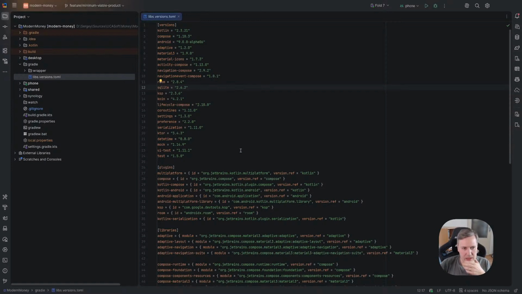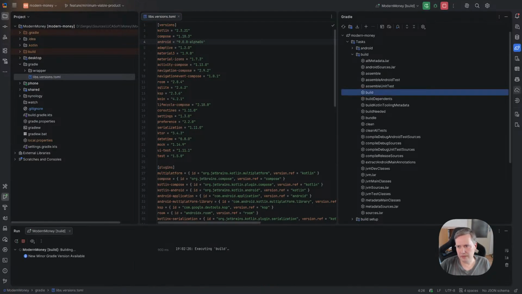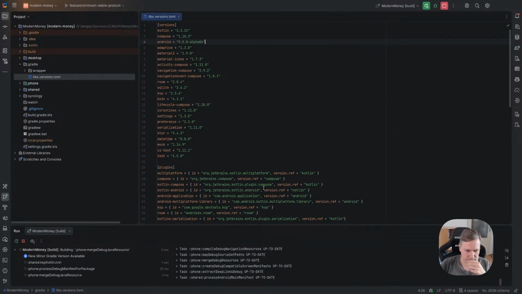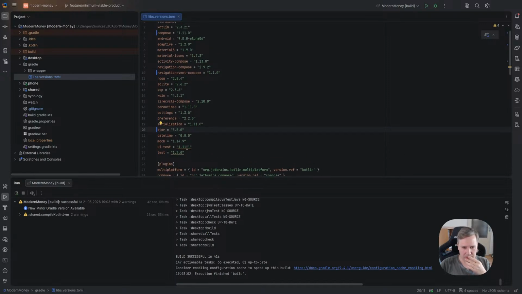Okay, so let's start first of all with updating. I guess there is a new version of something. It showed to me previously. Let's build Gradle, and I guess it will show everything. Okay, so build did what I expected. So we have a new version for Compose, for navigation Compose, for Ktor, and for UI testing. UI testing is not so important, but